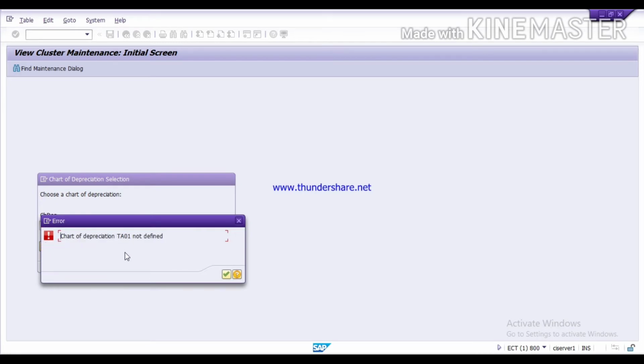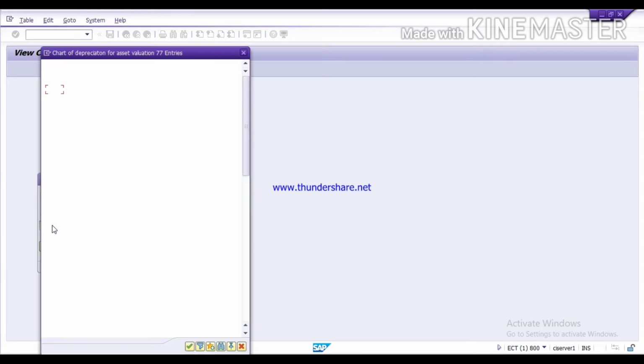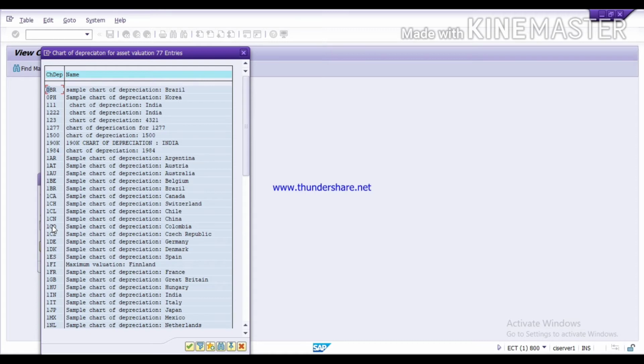Like TA01, chart of depreciation TA01 not defined. So maybe we have given another name. So press the F4 key and see the list of charts of depreciation which we have created.